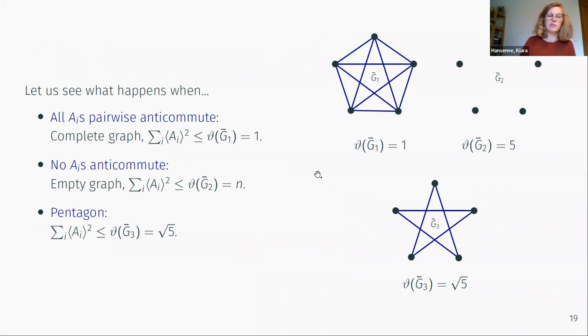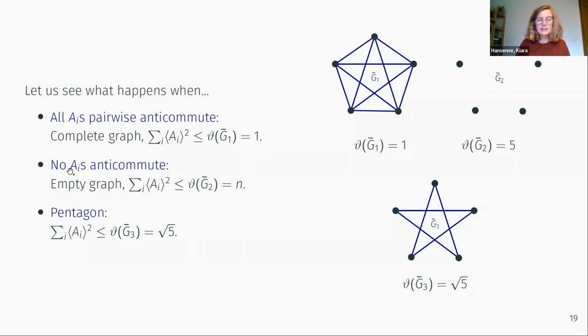Okay, so now that we have this main result, we can see a few examples. So first, we consider when we take a set of observables that all pairwise anti-commute. So if we now go to the anti-commutativity graph, since all observables pairwise anti-commute, you have to draw an edge between all the vertices, basically. And now if you take the Lovász number of this graph, well, the Lovász number of complete graphs is equal to 1. So you just have that the sum of the square of the expectation values is upper bounded by 1. And this actually is exactly the result I showed you before, that for pairwise anti-commuting observables it's upper bounded by 1. Remember the XYZ example with the length of the Bloch vector.